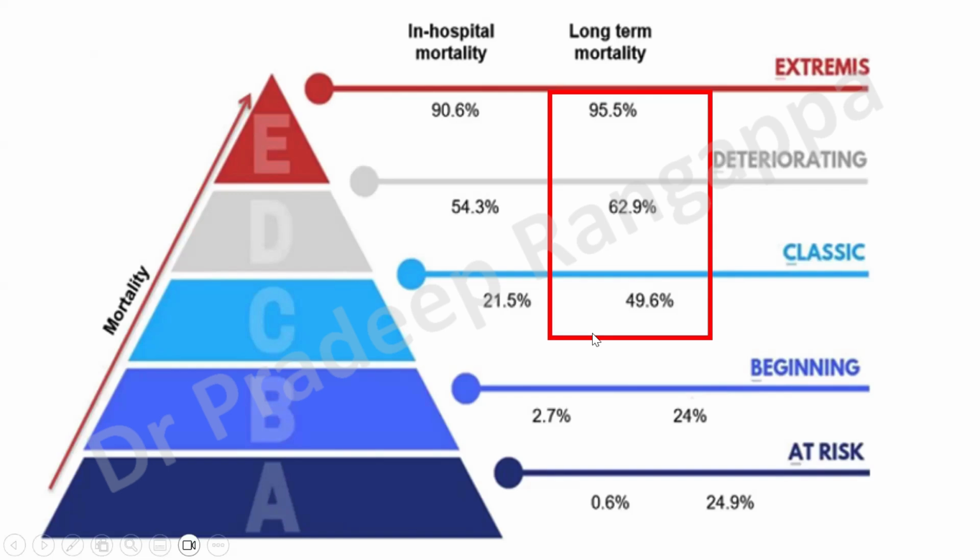And D is where they have gone into cardiogenic shock. Your long-term mortality is 62.9, and in extremis, where they go on VA-ECMO or any other multi-organ support system, the mortality is 95.5%. So this is just to reflect upon different stages of cardiogenic shock, helping us to optimize the management better so that we can reduce the mortality and at least help us to counsel the patients with regards to the gravity of the situation and the concomitant morbidity and mortality.